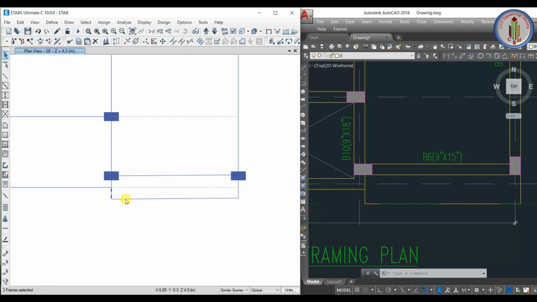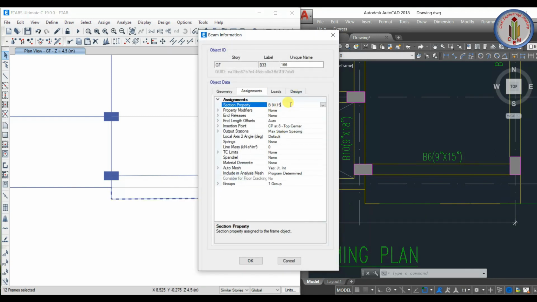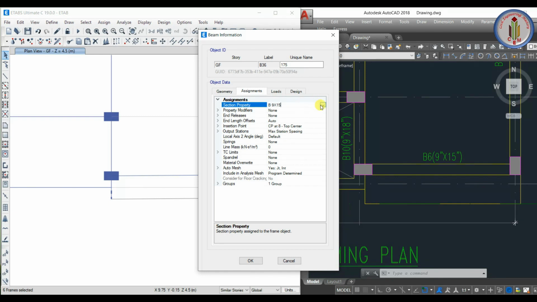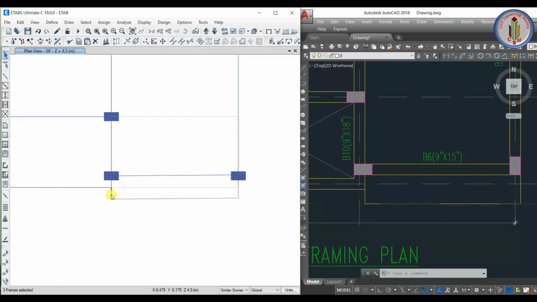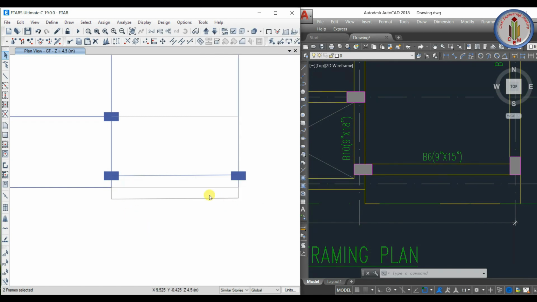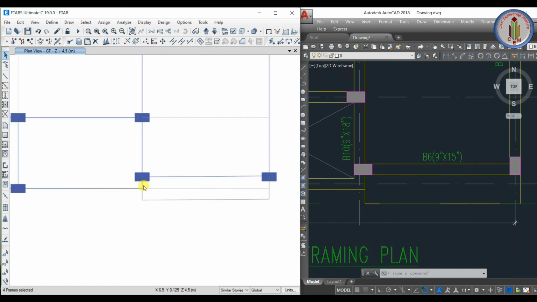We have added all the beams here, but this should be a cantilever, right? For that we need to select all the beams and then right click on that. Here section property you can give none, so that no beam property is assigned to that particular beam. So again select, right click and give none. Beam property give none, then give OK. Even this is not changed, again we need to change. Now it is changed. See, now you can see only this is a cantilever beam from this column to support this beam, and this portion is all cantilever slab.